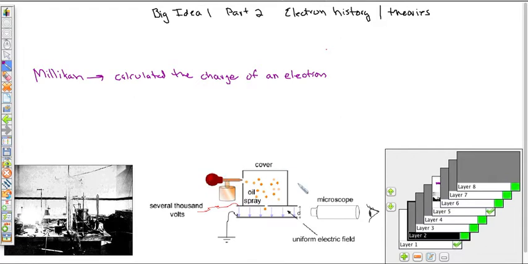And so in order to calculate the charge of an electron, this is absolutely incredible what he did. He sprayed oil, and this oil was essentially charged oil. He'd set up an electric field right here, and some of that oil would float. All that oil that was charged would actually float. And so he measured the charge of an individual electron based off this suspended oil floating over an electric field, and looking at that with a